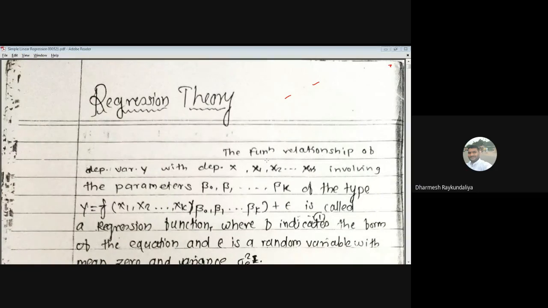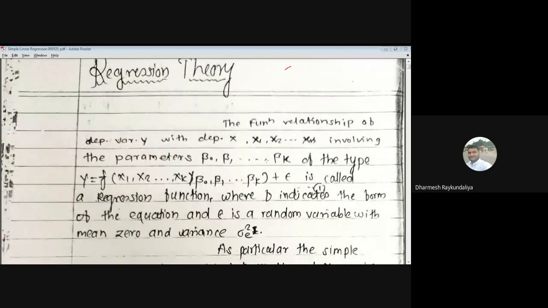However, if you talk about regression analysis, when we fit the model, we say that given a value of x, we try to find out the expected value of y. But here y and x both are jointly bivariate normal distribution. That is the only difference. So let us discuss that.